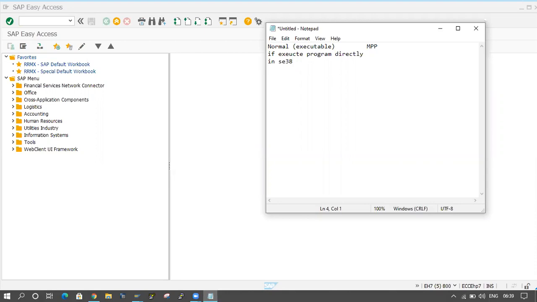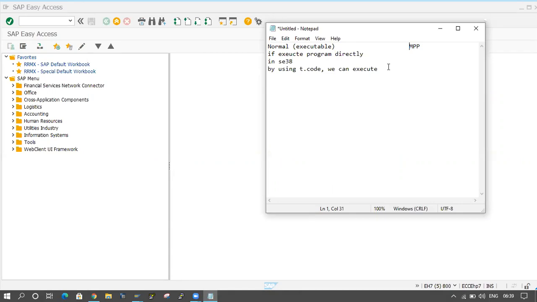If you execute the program directly in SE38, it will execute, and by using a transaction code also we can execute. Both ways are possible here, directly in SE38 and at transaction level.